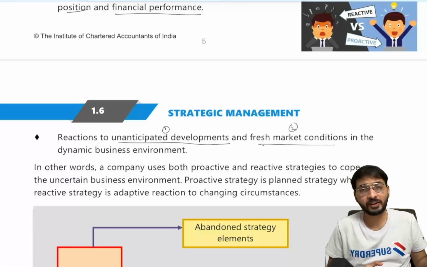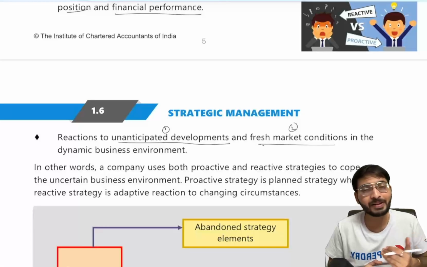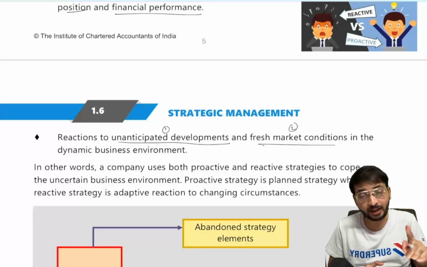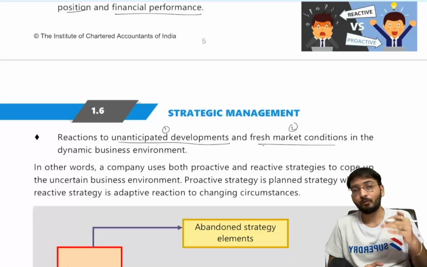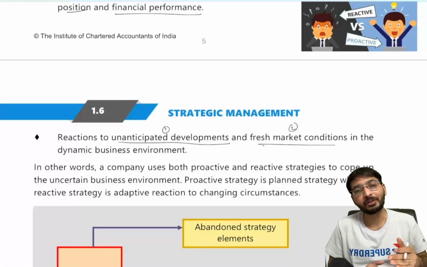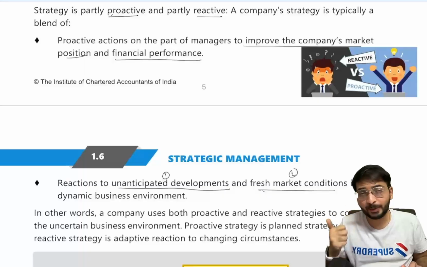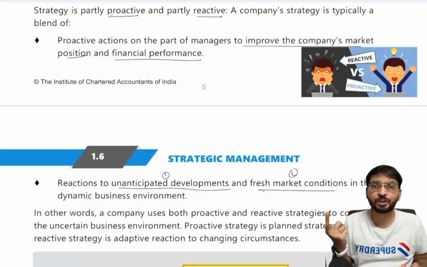A classic example for fresh market conditions is Android. Whenever the market was moving to Android, people started moving to Android. Nokia, instead of doing a reactive strategy, started something else, and ultimately, if you see, the company was gone. So, a strategy is not only proactive, not only reactive, it should be a blend of